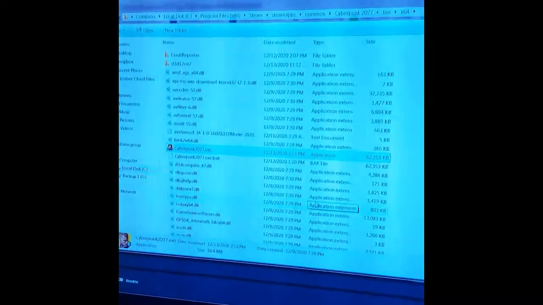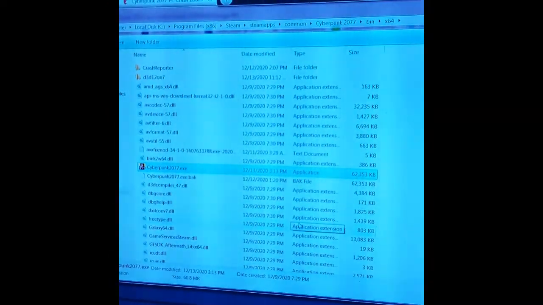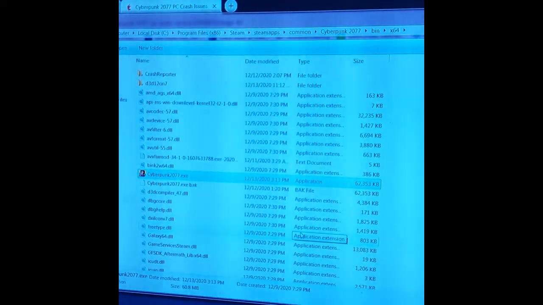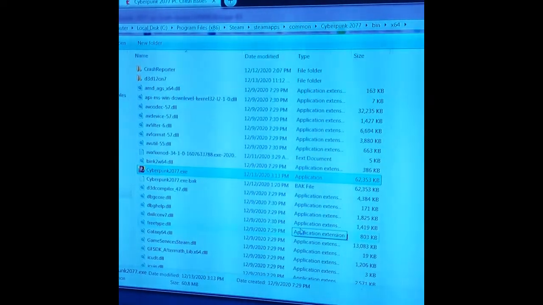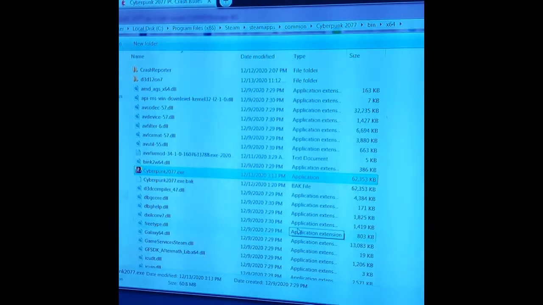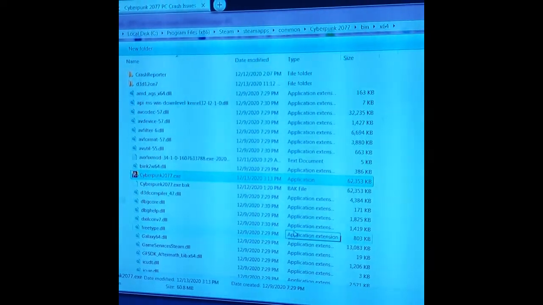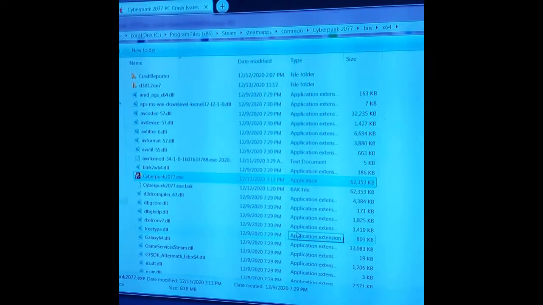So one of the first things that you want to do is navigate in Steam to your Cyberpunk files. You can see here the path that they're stored in, right? And you can see I have Cyberpunk 2077 EXE highlighted. What we're going to do is a hex edit to change how this EXE functions once